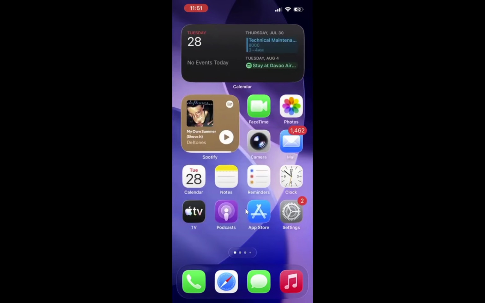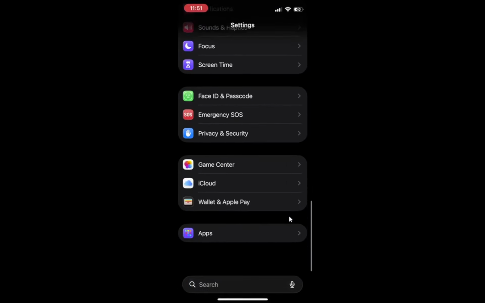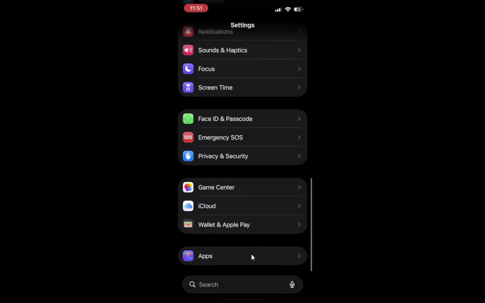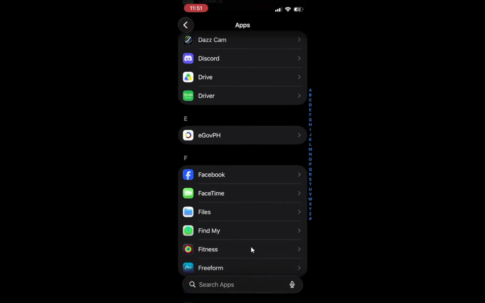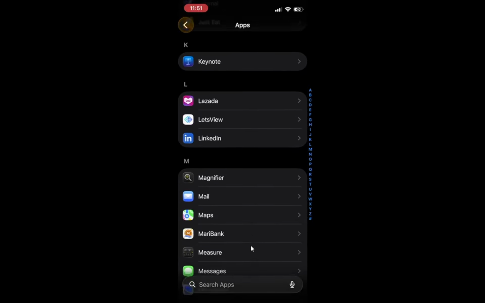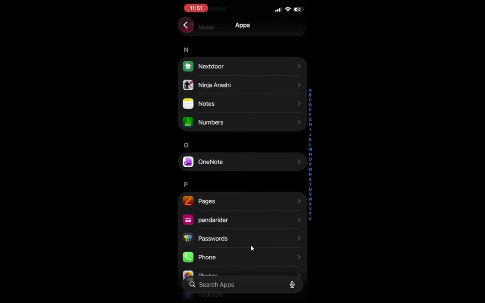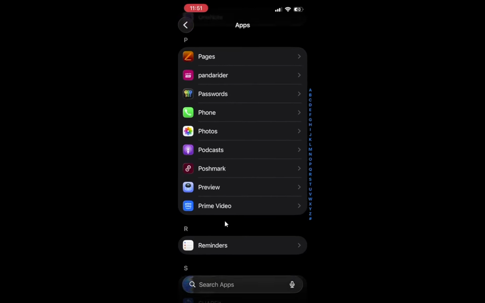Now we will also enable fraudulent website warning. Open Settings again from your home screen so we can return to the Safari options. You should see the same gray gear icon you used earlier. After that, tap Apps, then Safari, just as before. This takes you back to the Safari settings page, so you can adjust another protection feature. Verifying you are on the Safari page again helps avoid changing the wrong app by accident.